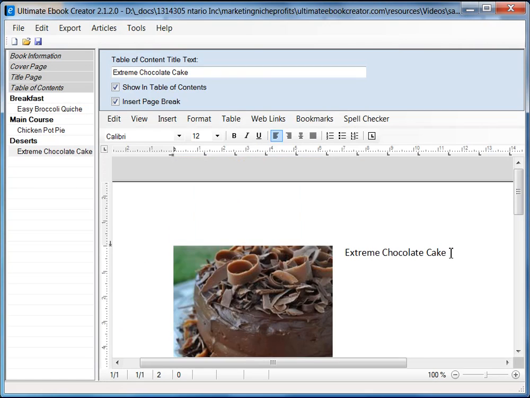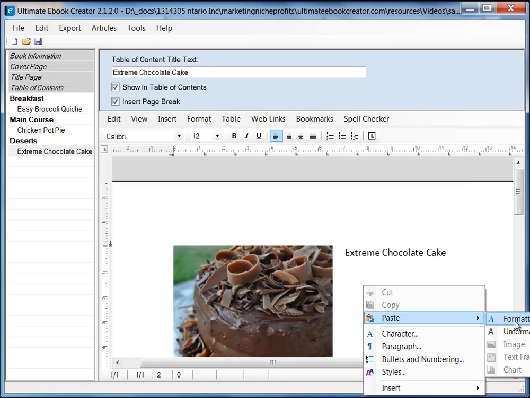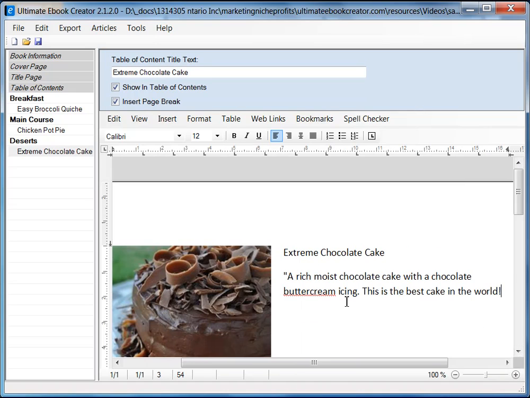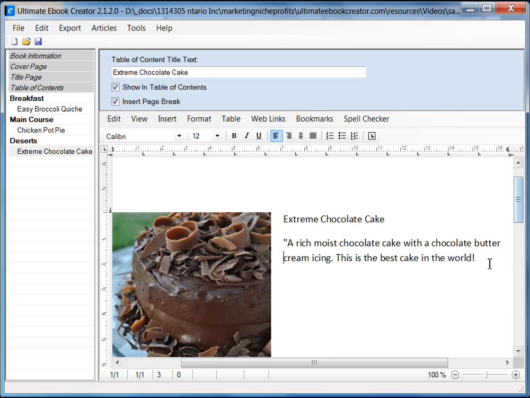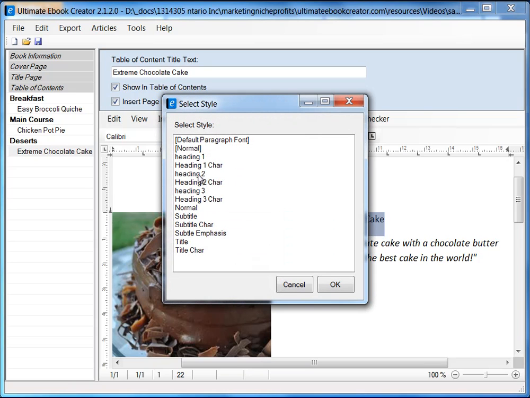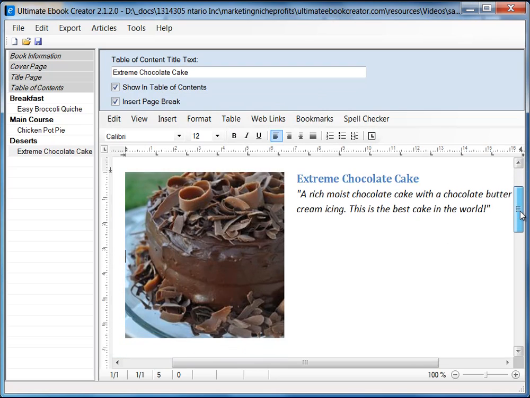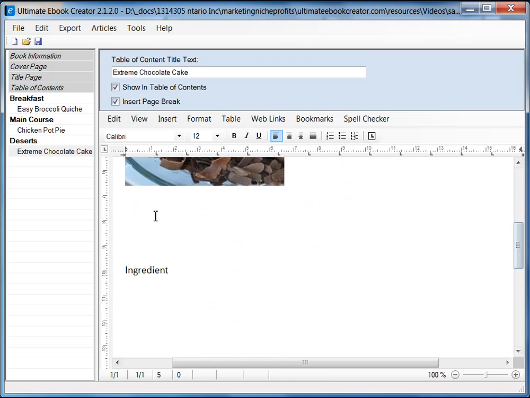So I'll come back up here and then I'll just put in a couple of lines, and then I'm going to say unformatted, so we'll see this come up here, buttercream, and we can highlight this and make it italic. We're going to leave this as Calibri this time. Okay, so format here, set style, heading 2. Okay, so that's done. See, that looks pretty decent. And now here I'm just going to put in the